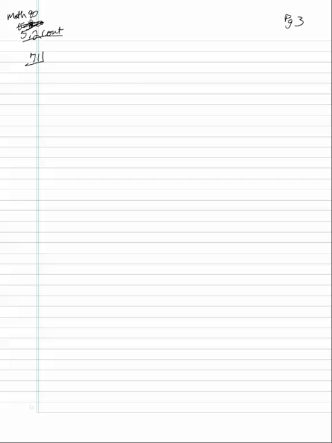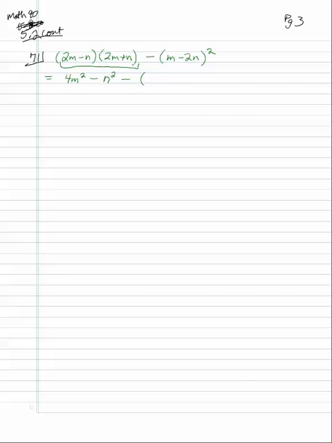Okay, I want to look at a couple of exercises in the book. So number 71, the exercise set, we get 2m minus n times 2m plus n, minus m minus 2n squared. So you should be saying, oh, difference of squares. Okay, so the first part, the result of that product is going to be a difference of squares. So you square the first term, 4m squared, minus square the second term, n squared,